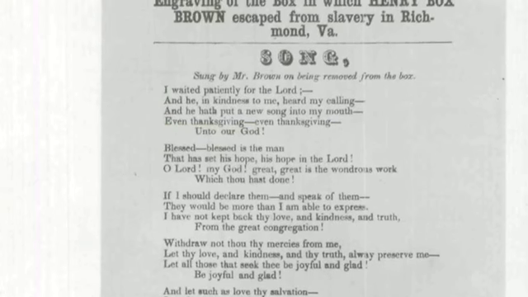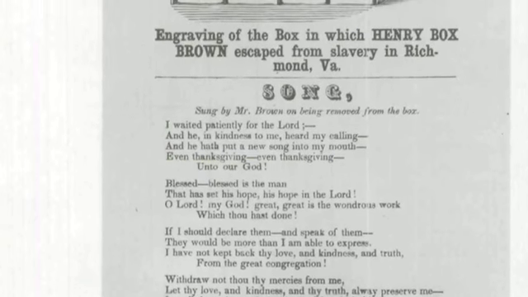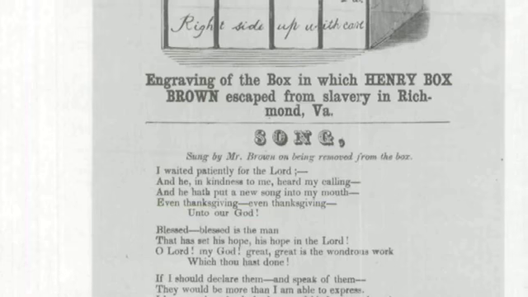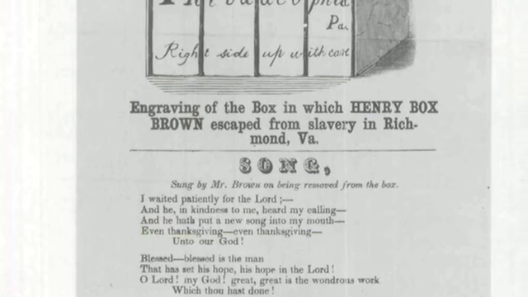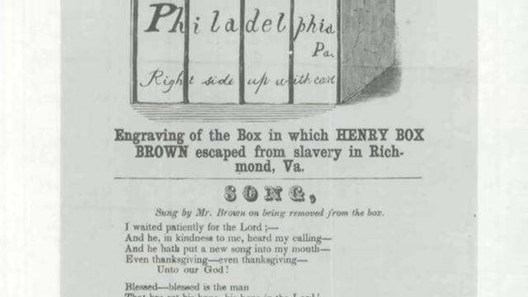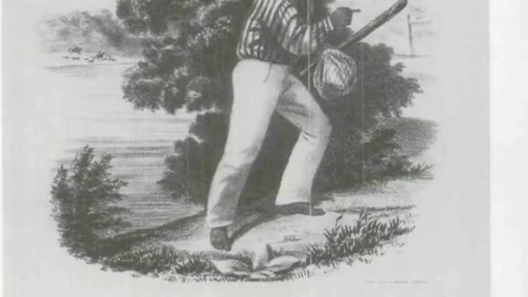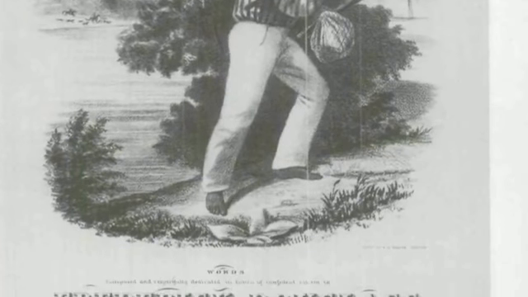Thus, with the help of a white shopkeeper and a free black, he conducted an absurd plan. He decided to ship himself in 1849 from Richmond, Virginia to Philadelphia, Pennsylvania, in a wooden crate labeled dry goods, via wagon, steamboat, and railroad to the home of an abolitionist by the name of James Miller McKim.